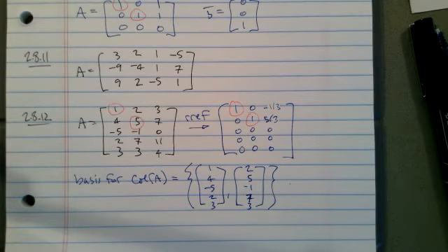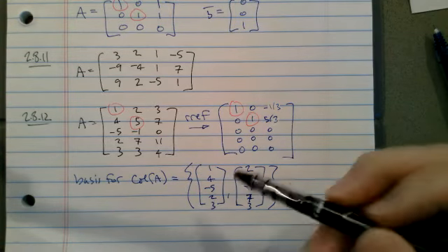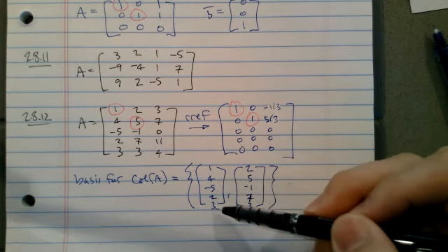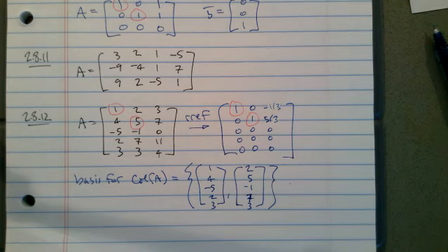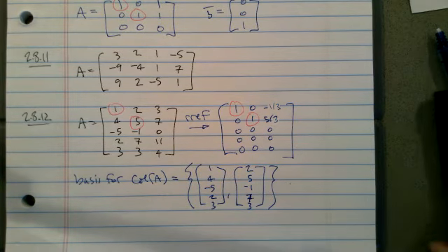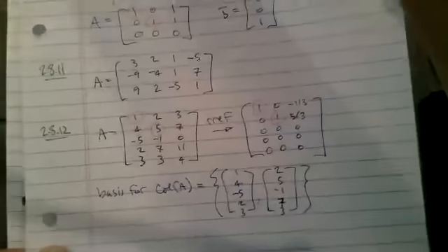What was the question? 14 was find a non-zero vector in the column space of A and the null space of A. Here, 1, 4, -5, 2, 3 is a non-zero vector in the column space of A. That's the easiest thing to do. Just pick out one of the columns of A. In the second part, for the null space,